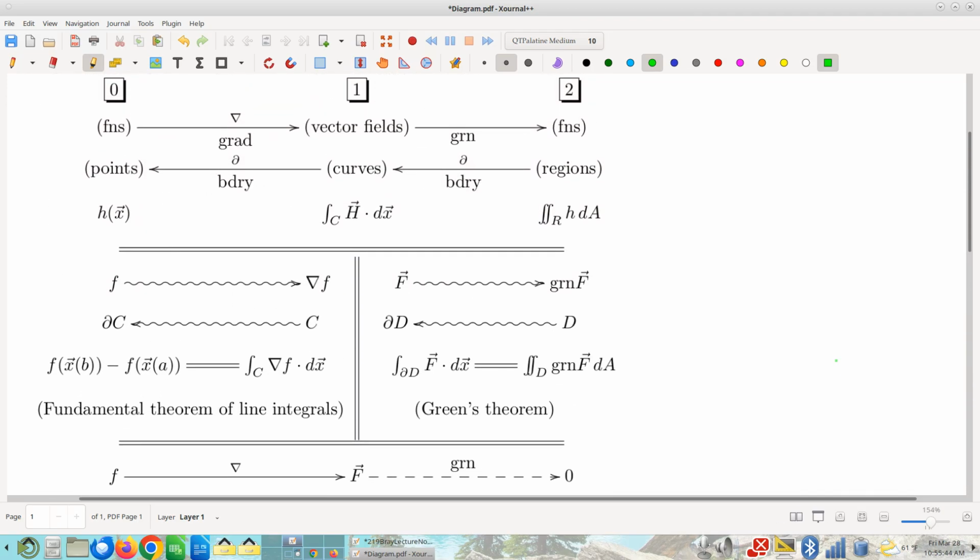I'll remind you that if you're looking at a special vector field. Now, the special vector fields are the ones we were just talking about, path-independent vector fields that are also gradients, that are also irrotational, right? This very cool category of vector fields. We can represent them like this. That is what it would look like to say that they're gradients. This is what it would look like to say that they are irrotational, that curl is 0. And here's how I like to represent the idea that they're path independent.